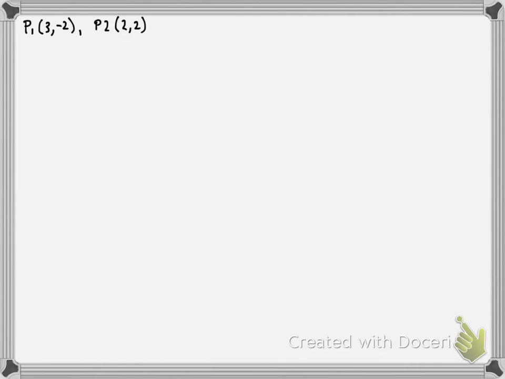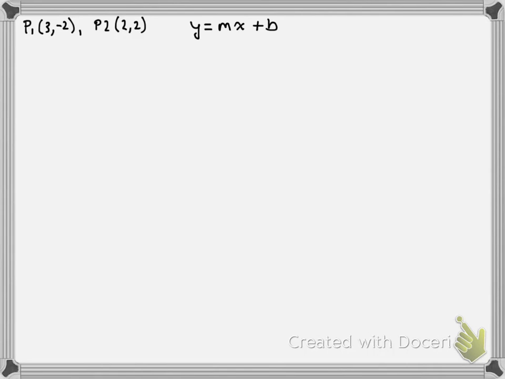Okay, class, so we're going to take a quick look here at how we can write an equation in slope-intercept form if we're given 2 points on a line. So these are our 2 points. We've got the point, we'll call it P1, which is (3, -2). We've got the point we'll call P2, which is (2, 2). And we're going to write the equation in slope-intercept form. That's y equals mx plus b form